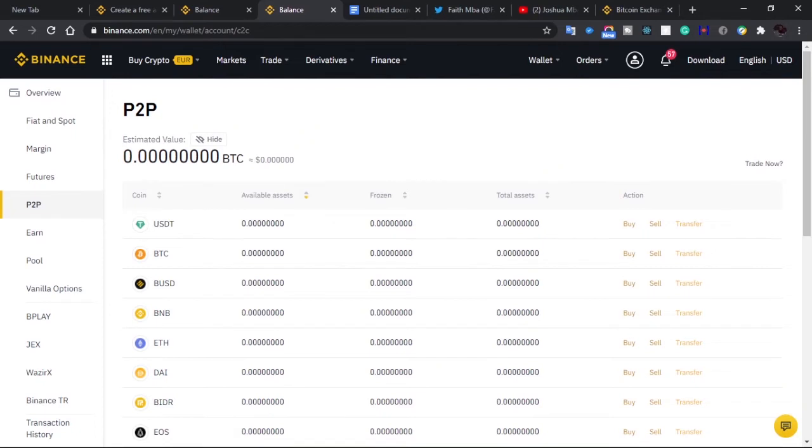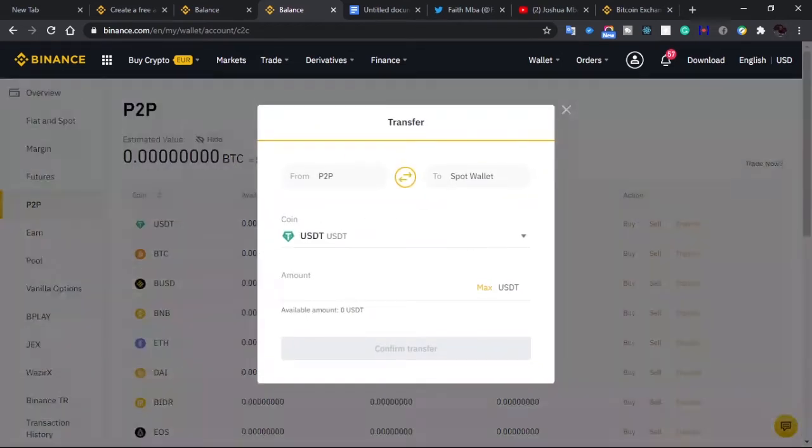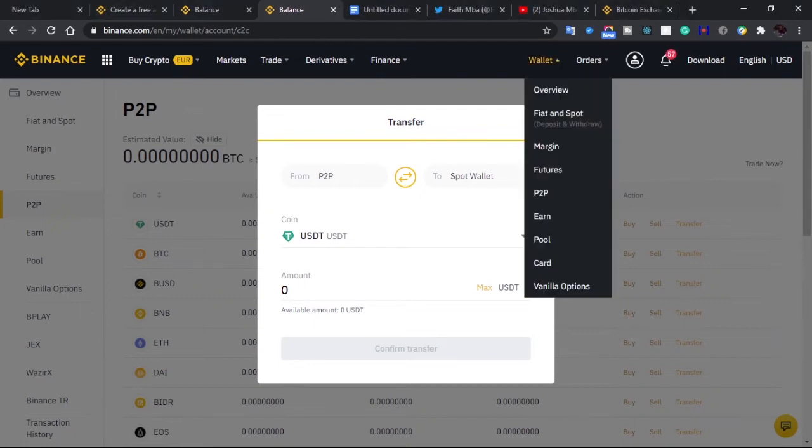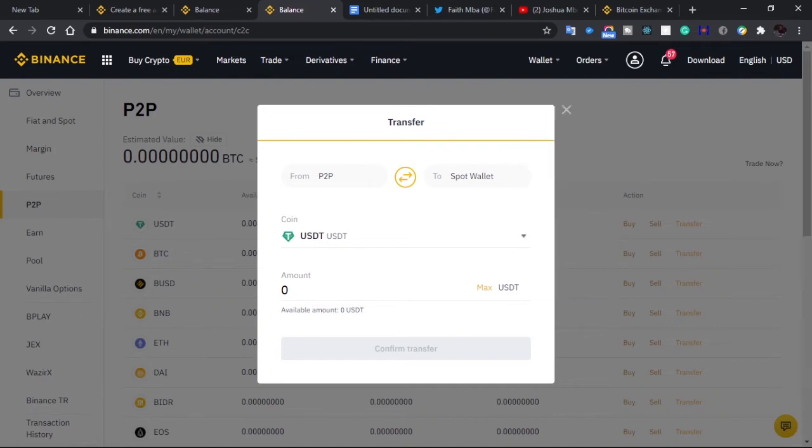What you now do is, if it's USDT, you click on transfer after you have been credited. Select USDT, click on maximum, and then you are transferring from P2P to your spot wallet. Click on confirm transfer. Once you have done this, the money is transferred to your fiat and spot wallet, which is where you can now use that money to do your trading.